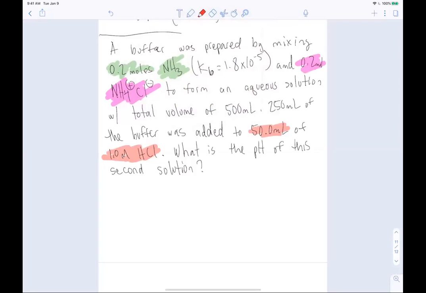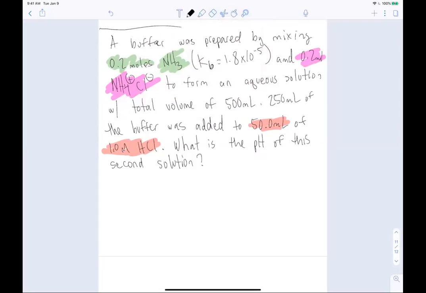But since they're dealing with concentrations here, which makes it a little bit annoying, we have to take that into account. So again, I back everything out into moles first. So when you write out your chemical equation for your buffer, if you're using the Henderson-Hasselbalch equation as it's given to you,